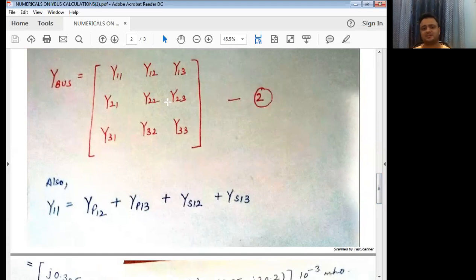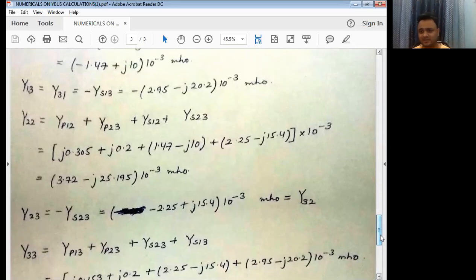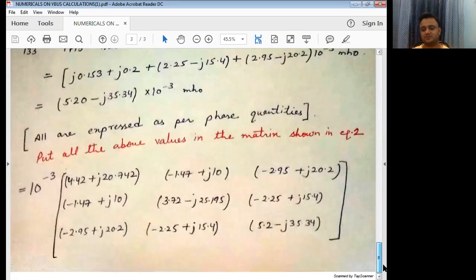So now you can directly write what the Z bus values will be by these additions and subtractions, or you can check it by firstly calculating the Y bus by the simple procedure as we are calculating the Z bus. So you just simply calculate by the procedure given, or you can take the inverse of the Y bus to calculate the Z bus. Both the answers will be the same. Try it at home. So thank you for that.